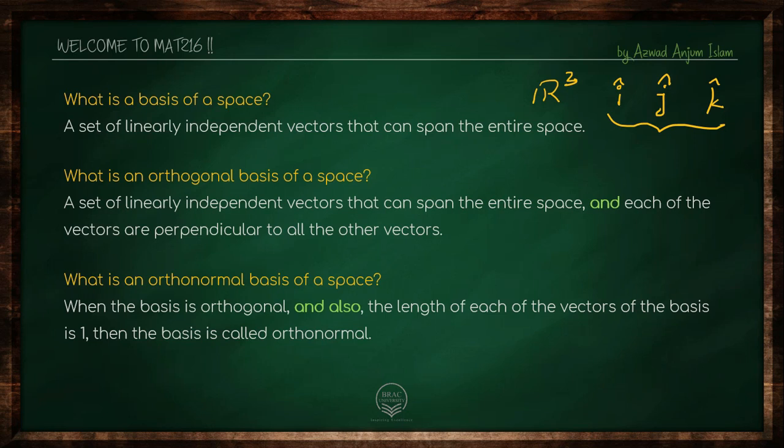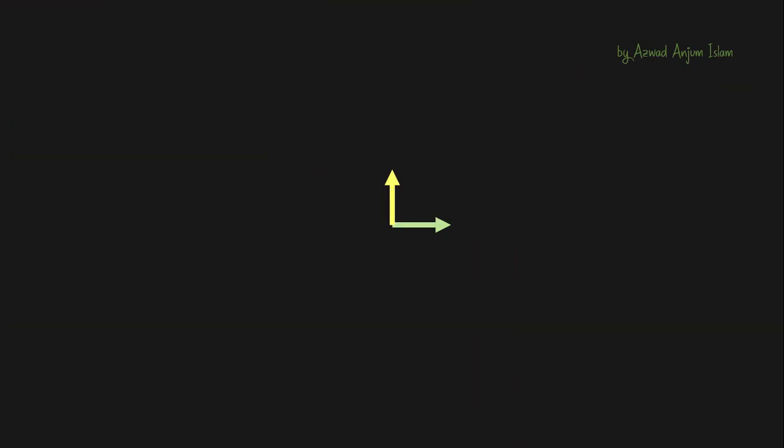All right, so the definitions are out of the way. Now, we also know that each basis for a space is going to give us a coordinate system. Each basis will have a different coordinate system. I'll show you what I mean. So this is the two-dimensional space. Let's call it R2. We have the real two-dimensional space, and let's say these two vectors create one of the bases